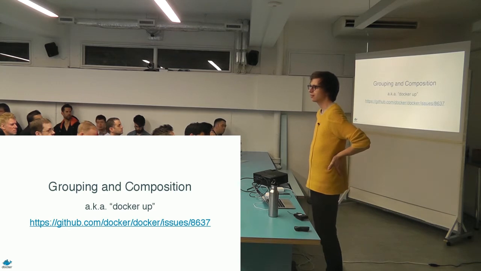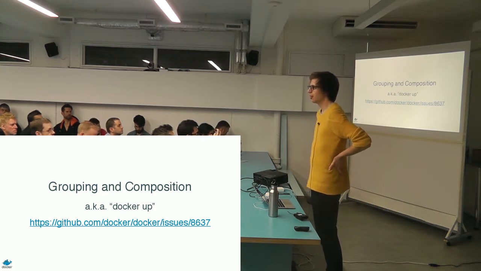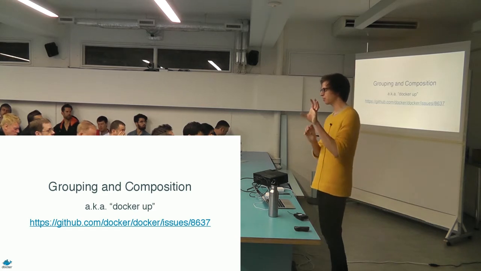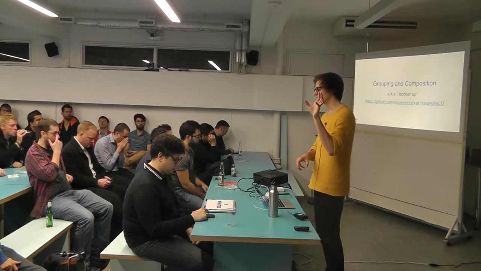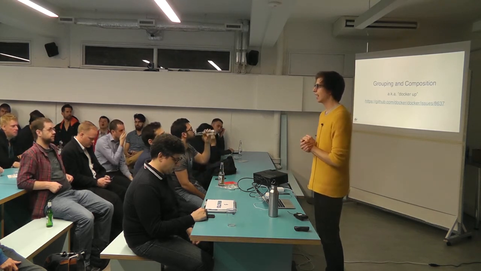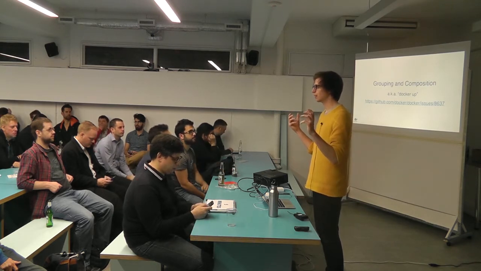If you've seen a thing we built at Orchard, which is called Fig, Fig is a tool for running development environments in Docker. It's basically a way of defining a bunch of Docker containers that describes how they connect together, and it has a single command, fig up, for starting them and connecting them